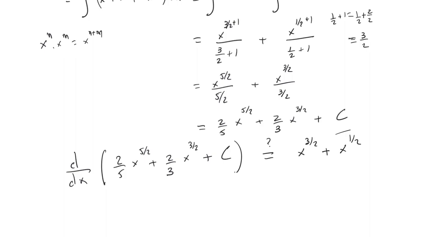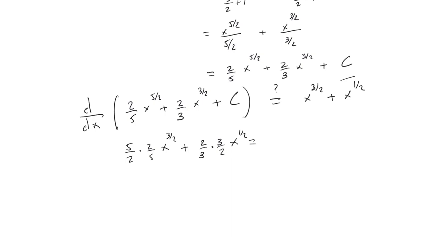To make the derivative here, it will be 5 divided by 2 times 2/5 x to the power 5 divided by 2 minus 1, which is 3 divided by 2, plus 2/3 multiplied by 3 divided by 2 x to the power, I'm making the derivative of x raised to the power 3/2, which is 3/2 times x raised to the power 3/2 minus 1, which is 1/2, plus the derivative of c, which is 0. So it will be equal,